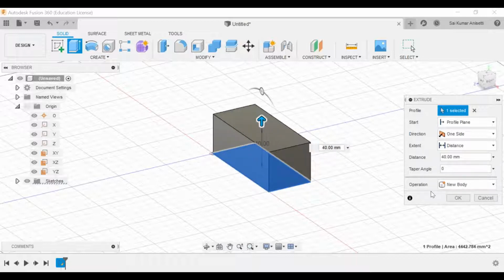And the last one is called operation. There are two methods to model any given component. One is multi-body modeling, or else simple three-dimensional modeling. In multi-body modeling, we use Boolean operations. If I want to make a hole over here, I can directly make a hole, or I can draw a rectangle and make a pocket.